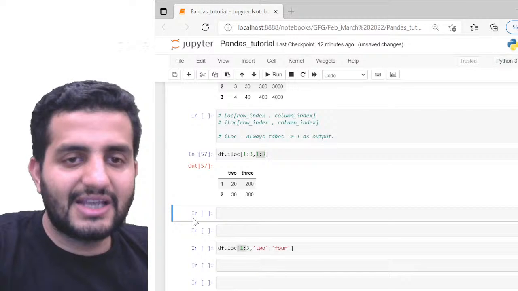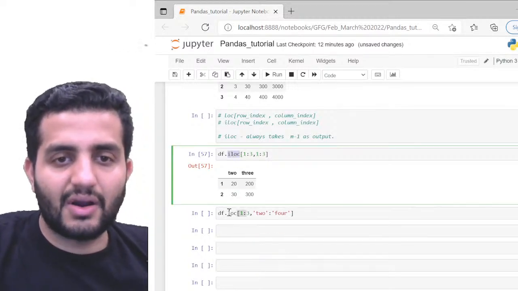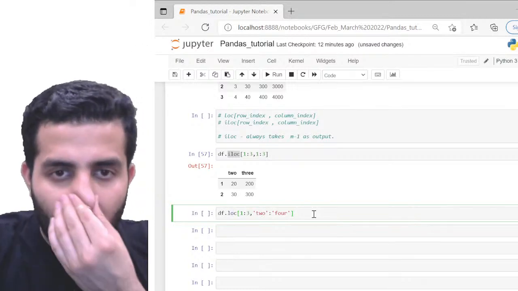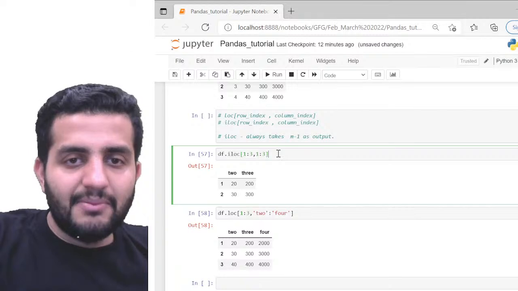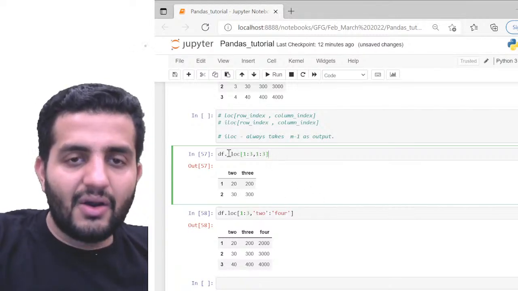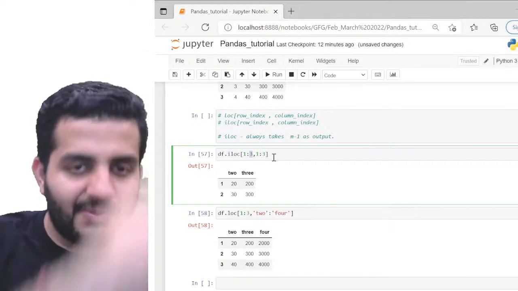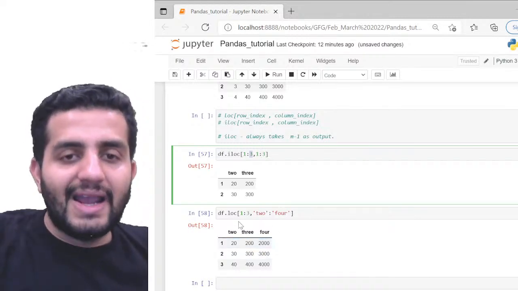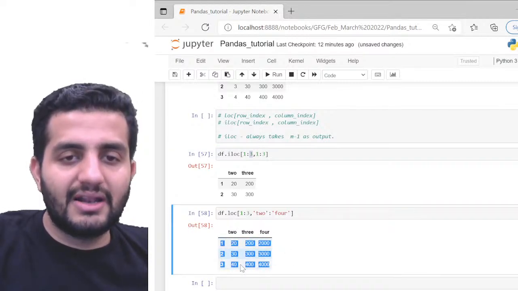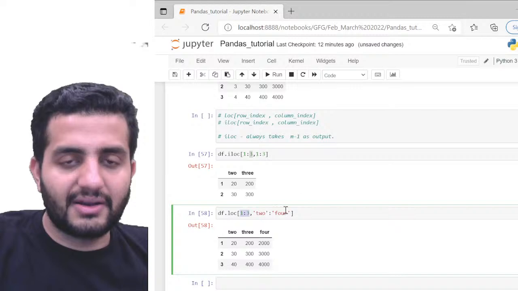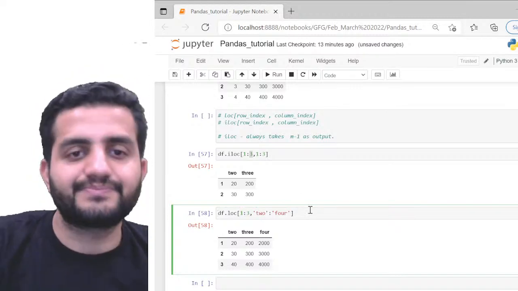Now I'm passing the same thing on top of loc. See, this is iloc and this is loc, okay? So now if I do it on loc, see the difference in my output, right? If I see here in the iloc, the second component of my range gets excluded, while in the loc both of them are included, right? So both 1 and 3 are included here. So that's the difference between loc and iloc, okay?